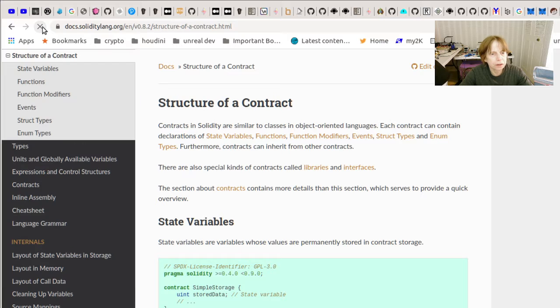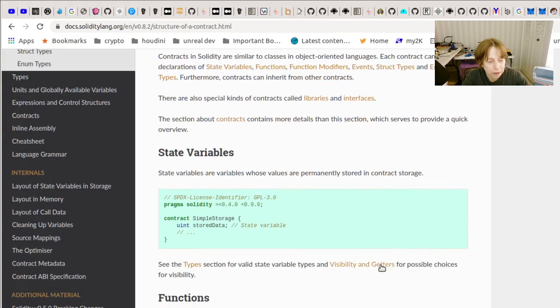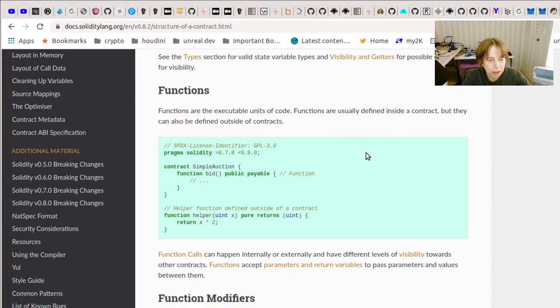Anyway, there we go. Okay, so if you are an object-oriented programmer, if you are familiar with Java, C++, Python, then this will be very familiar to you. Of course, you have your state variables, essentially your static variables. You have a pragma that tells you what version of Solidity to be compiled for. You have your methods, so you define the function,